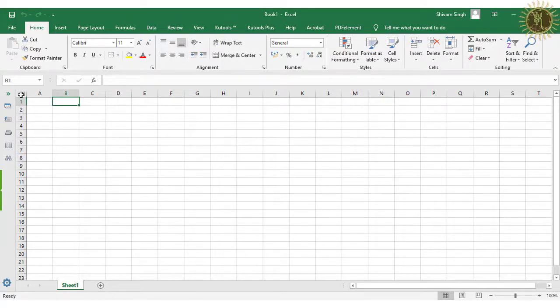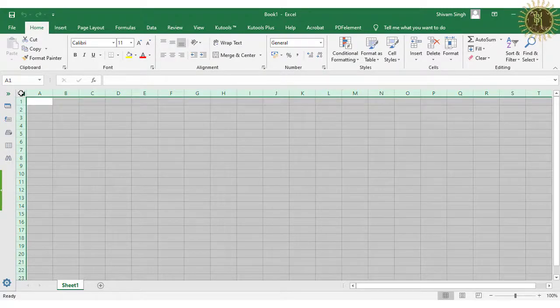When you click on this small triangle icon, your entire worksheet will be selected. Just see here, you can see that the entire worksheet has been selected in a single click. So all the selecting methods work in different ways and you can use them.